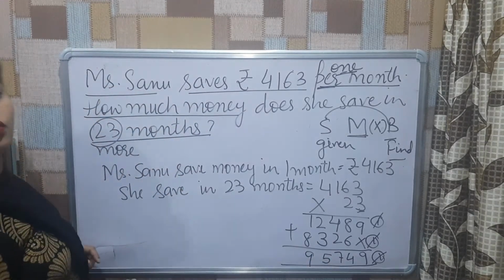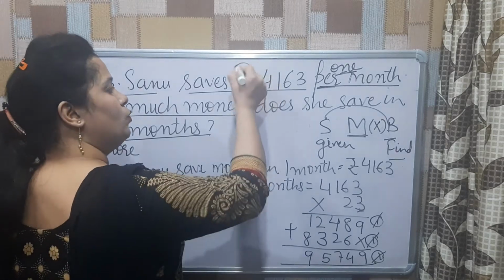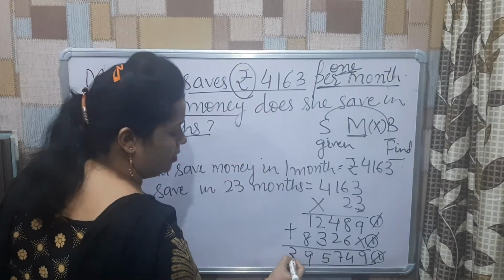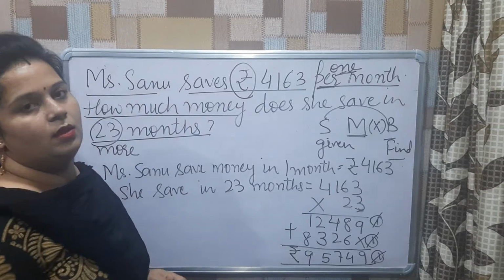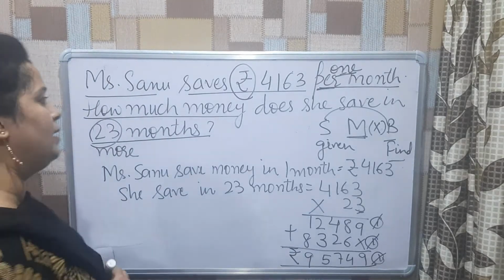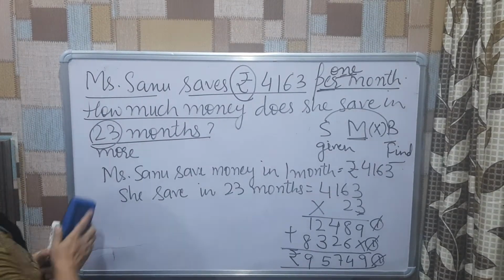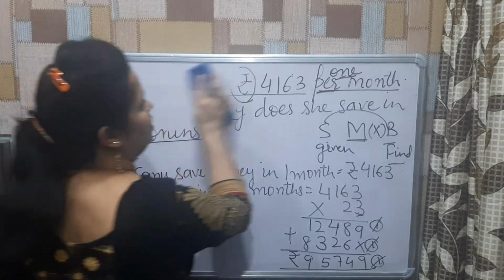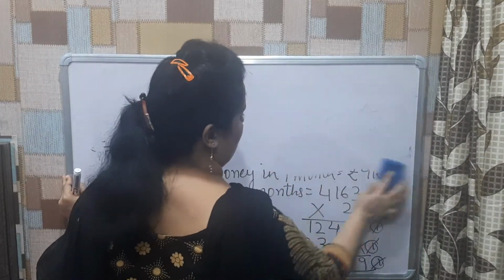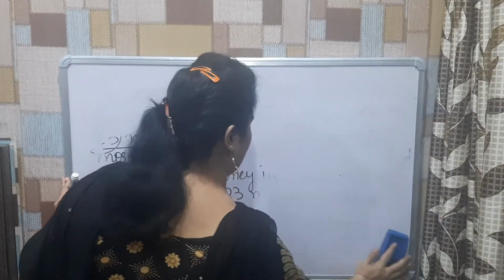Now here children, what you have to remember is, if a unit is given in the statement, it should be there in the answer. I hope it is clear to you children. Next is estimation in product. How can we estimate product?